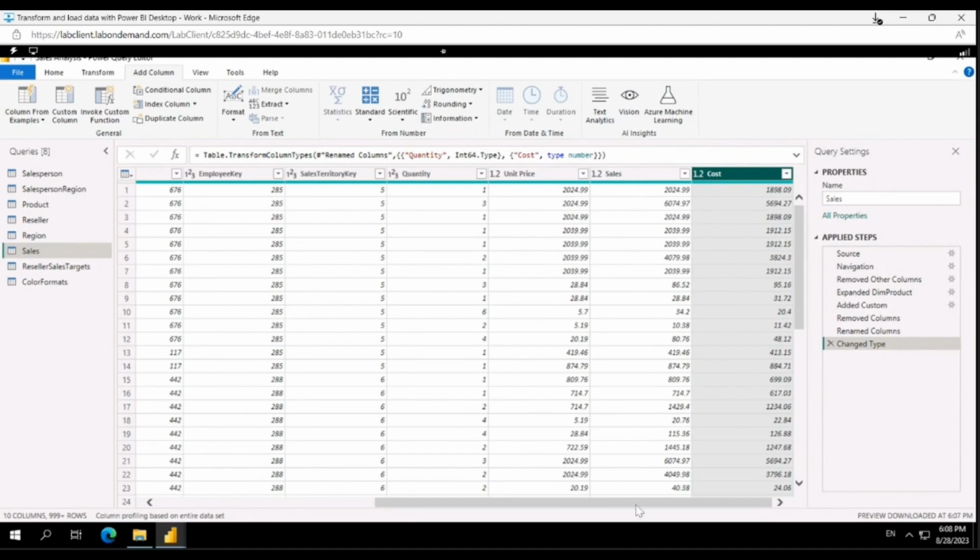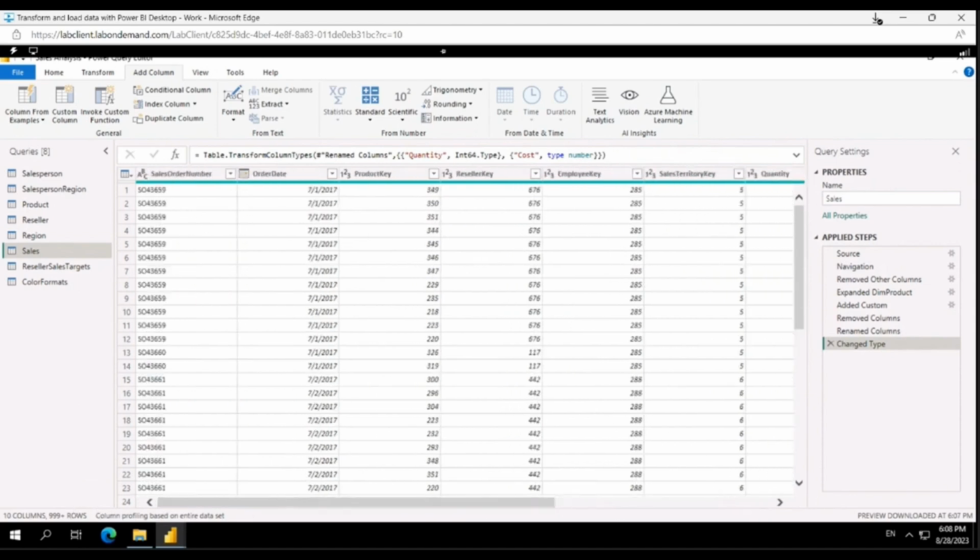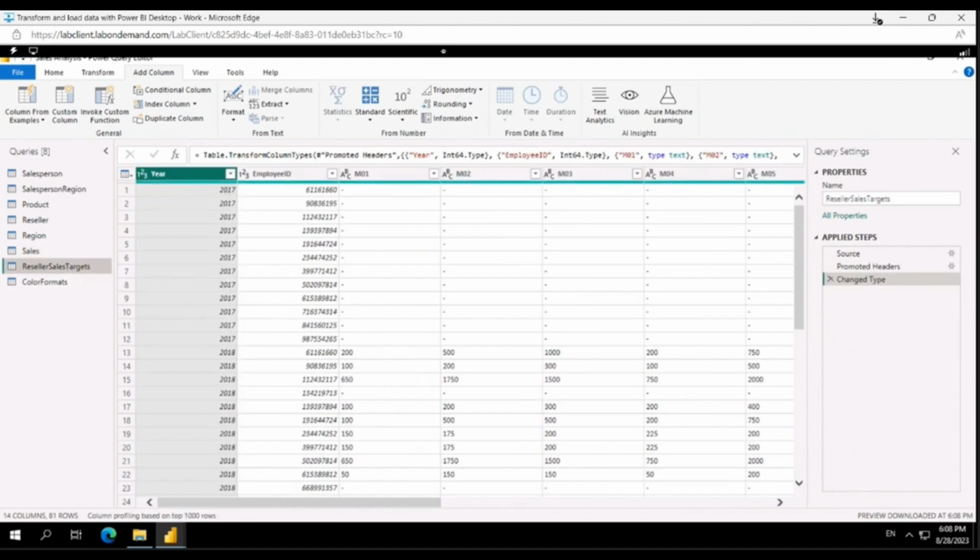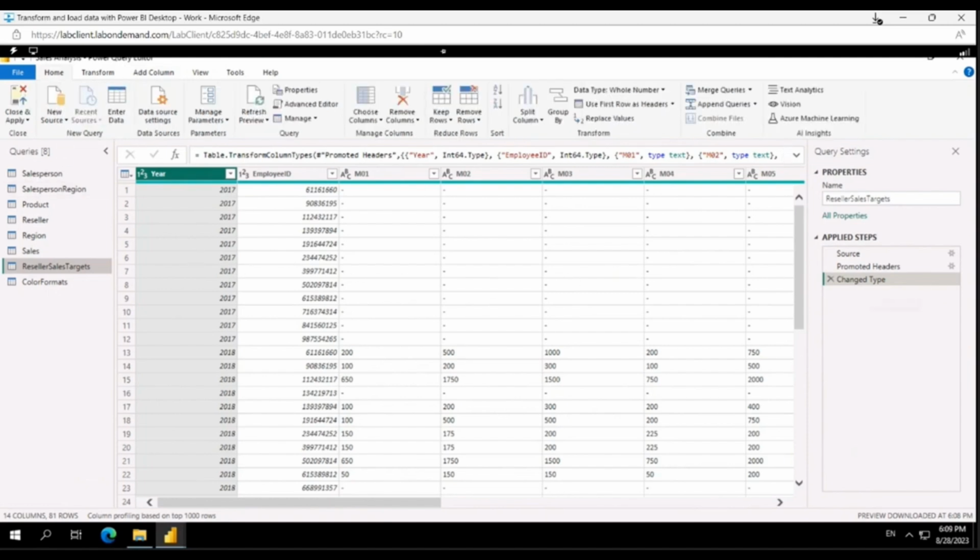It contains 10 columns and 999, which means 1000 plus records. Configured. Now move to the target query, and the last thing is the color format. We'll fix those queries, and then we'll save this file. So first you just need to rename. This means that it is showing as